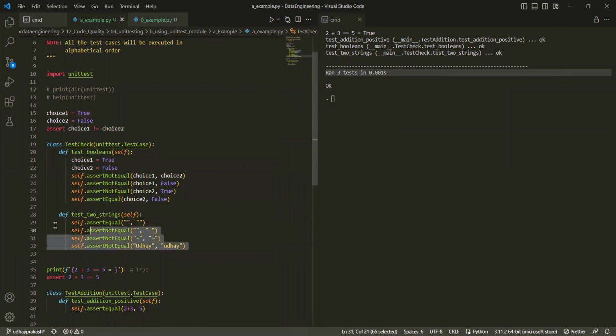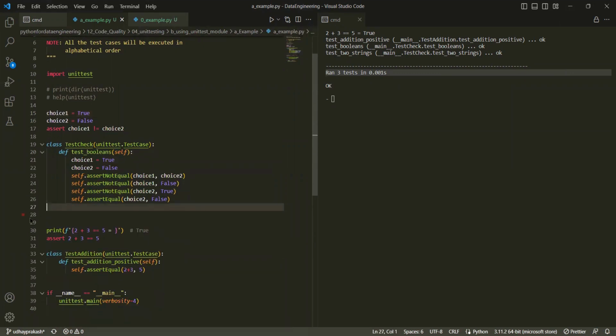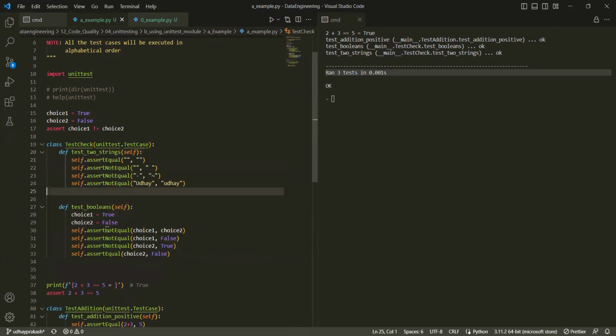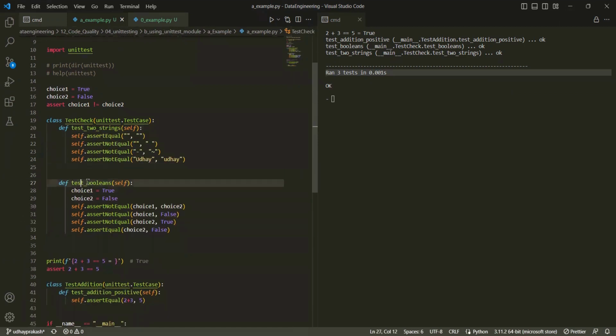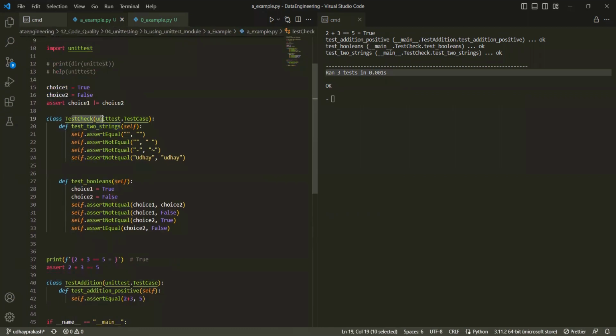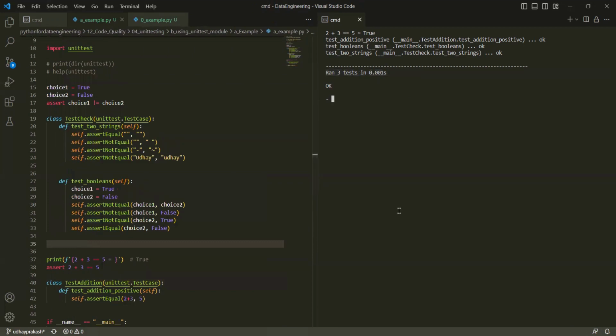And in this also, I'm making this one on the top, followed by the other one. Now, did you understand? So test boolean is alphabetically first, right? And test toStrings will come next. Similarly, test check C, test addition A will come first, right? Now, if I execute Python,